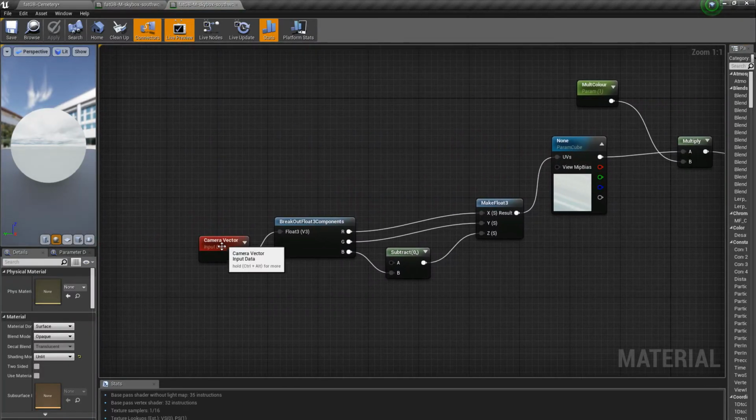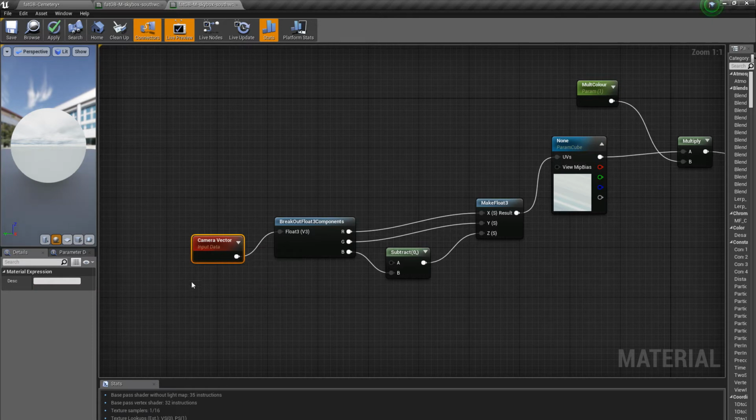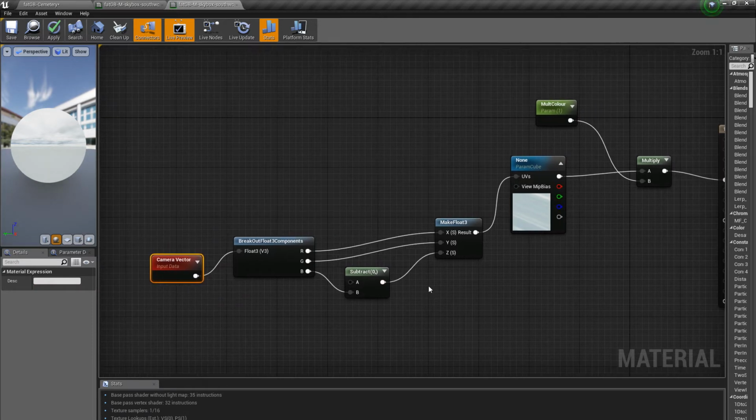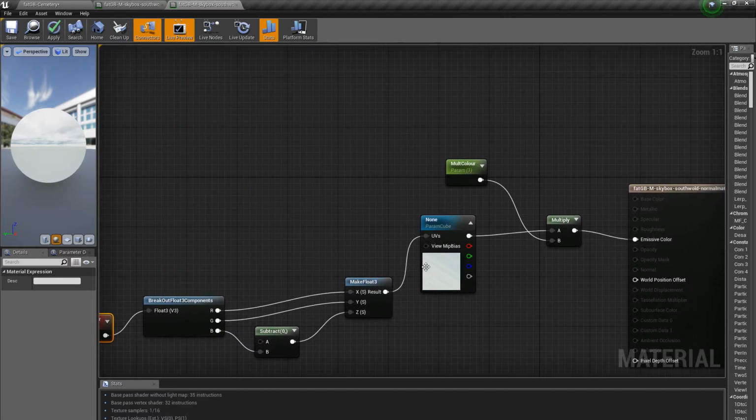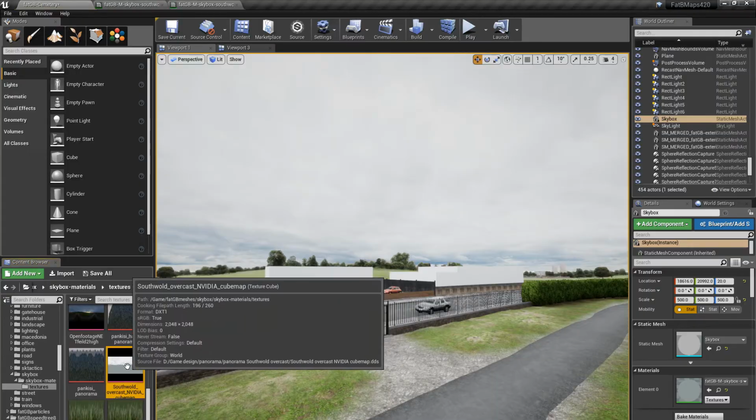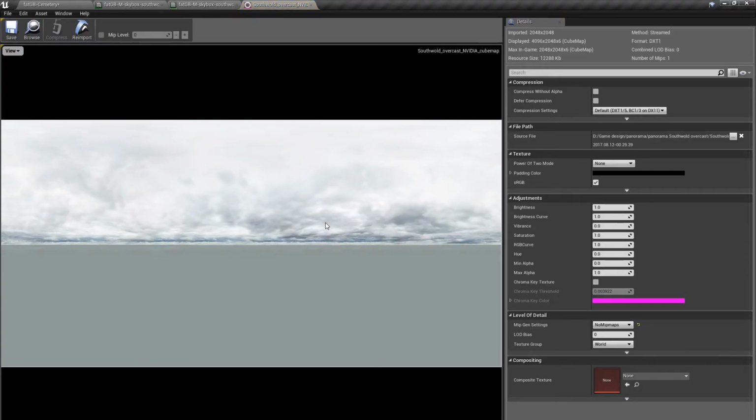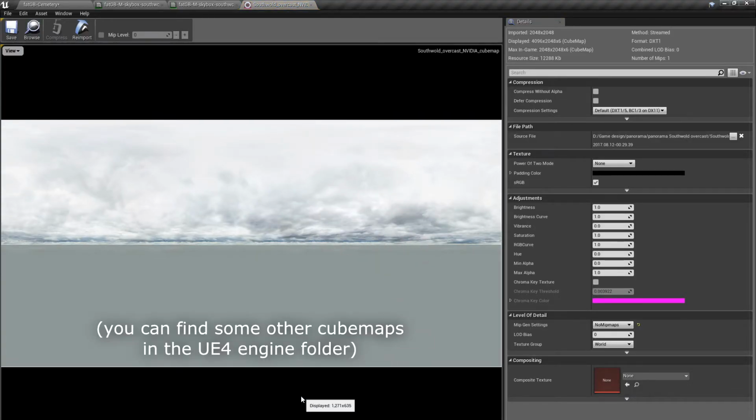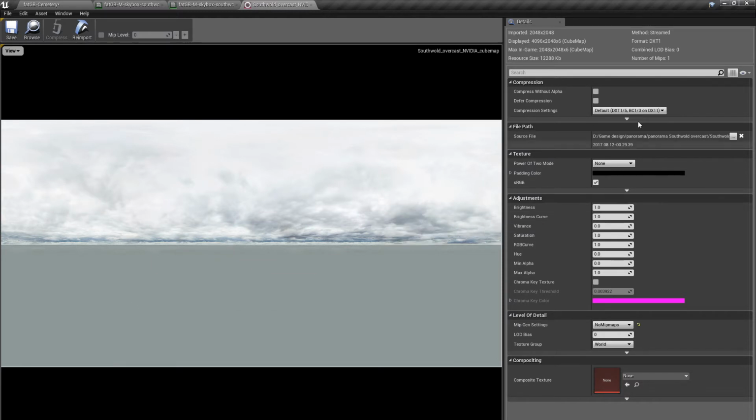So this uses the camera vector. I think I fiddled it there, and then it plugs into a cube, texture cube. And this is a different sort of mapping of a texture. It's not 2D, it actually maps onto a 3D shape. I've done a video on this, on how to turn a source material into the appropriate format, and it's a